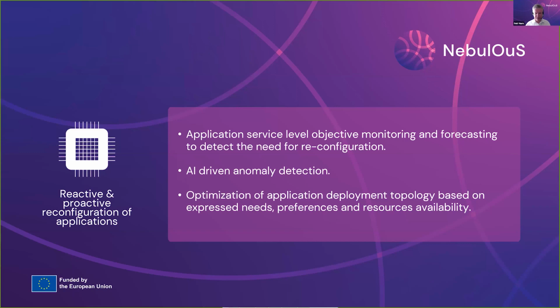Then we also have this AI-driven anomaly detection. Basically, we are building a model of the normal operation of the application on this particular node, this particular resource. If suddenly this resource has an increase in, say, bandwidth use or CPU use or RAM use, then we can say that something strange is happening on this particular node. We exclude it from the Kubernetes cluster of the application, and we recreate the component that was running on this node on a different node instead. And all of this is, of course, based on what the user expressed in the modeling tools that I talked about earlier.